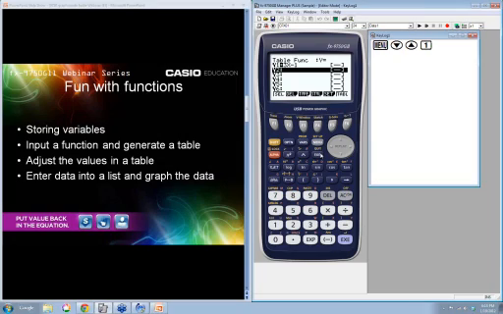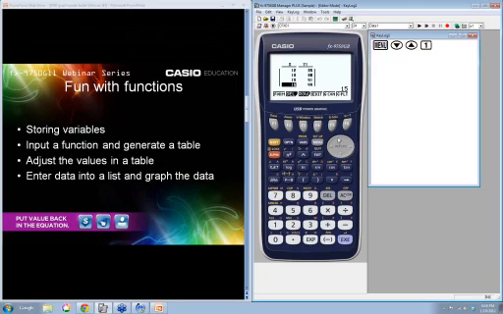Only this time what I'm going to do is I'm going to set up my table. So do you see right here where it says set? It says set right above F5, start at 1, end at 5. Well, let's say I wanted to start at 0. Again, I have to hit execute because I need to make sure that it knows that's the last thing I'm telling it about the start point, and end at 20. Again, hit execute because otherwise it thinks maybe I want 200. It doesn't know. And steps of 1 are fine. I'm okay with steps of 1. And there you go. It starts at 0 and it's going to go all the way to 20.